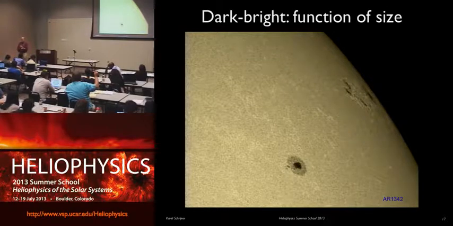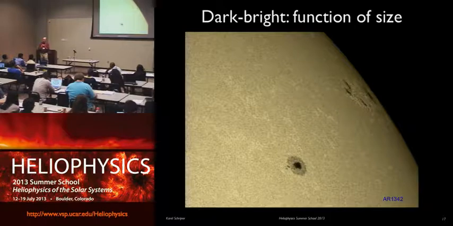All of it, by the way, is about the same strength. It's all about 1 to 3 kilogauss. It's not like weak field and strong field. The weak field wouldn't show up in this at all. So you've changed the appearance, you've got a fixed field strength, and the field strength somehow changes the appearance in these images. How does it do that?